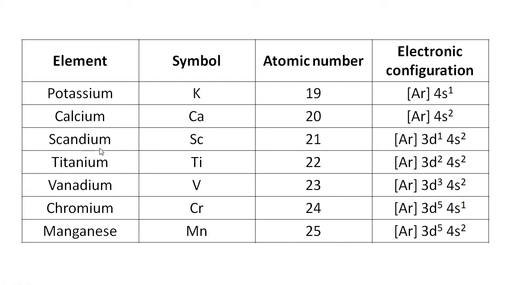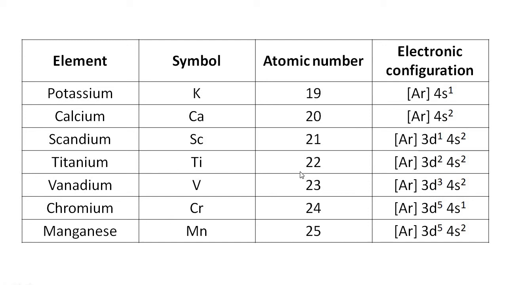Like this, for scandium, symbol Sc, atomic number 21, argon within the bracket. See here, we have to write 3d1 4s2. When you see the sequence, it shows that first we fill the 4s orbital, then the 3d orbital. Because of the similar energy between 3d and 4s, we can write 4s2 3d1 like this. That means we write 3d1 first after 4s2.